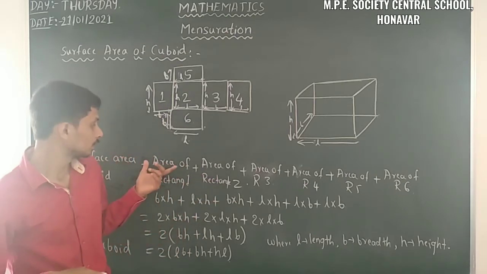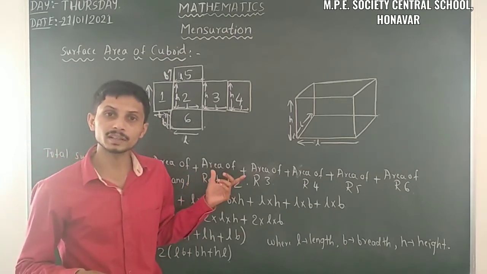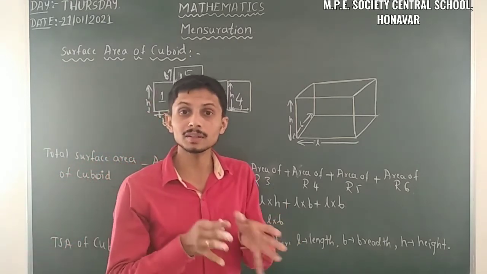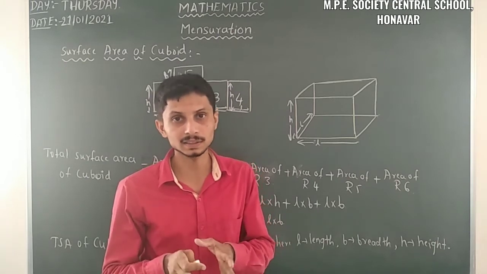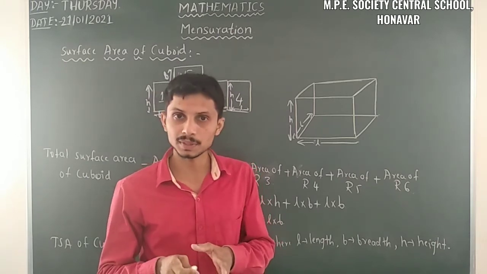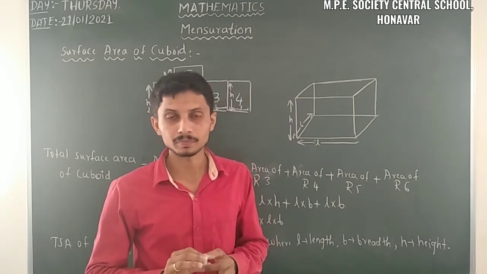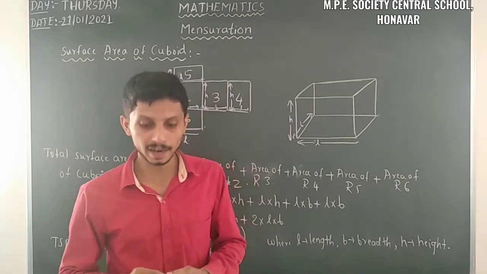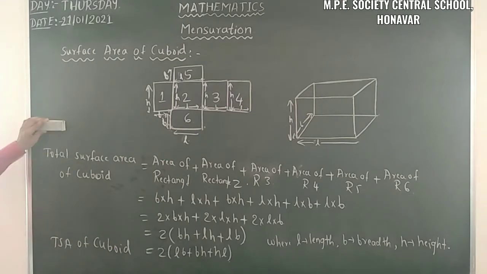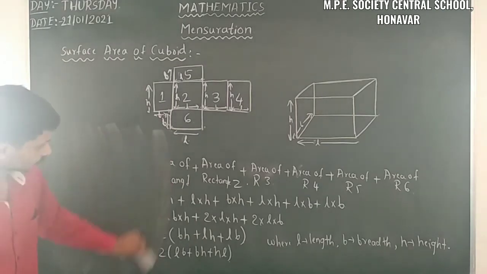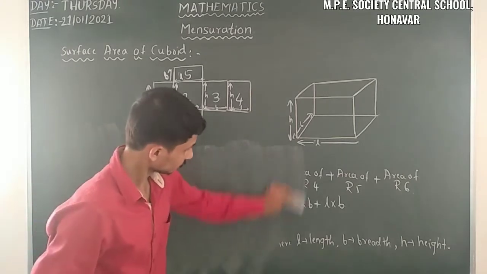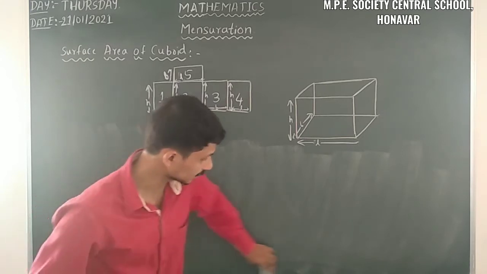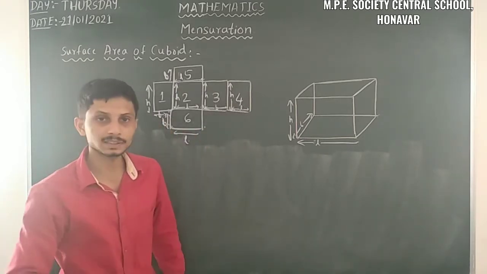Yes, so already we got the formula for finding total surface area, and already we know that in the case of a cuboid, when we have flat surfaces, then those solid shapes have lateral surface area also. So here also we have the lateral surface area of the cuboid. So let's take the lateral surface area of the cuboid. The same procedure we have to take for the lateral surface area and the same diagram is required here.